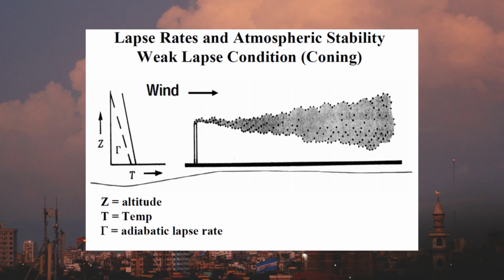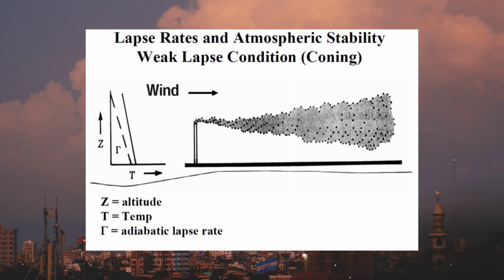And this is how the plume behaves based on the lapse rate. That is the adiabatic lapse rate and the environmental lapse rate. R is the environmental lapse rate. And the vertical movement of the plume is affected by the lapse rates. And there is a dry adiabatic lapse rate and a wet adiabatic lapse rate. And if there is an inversion in temperature, these lapse rates are highly affected,